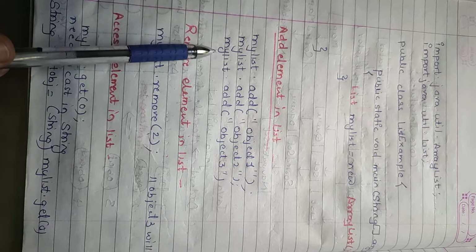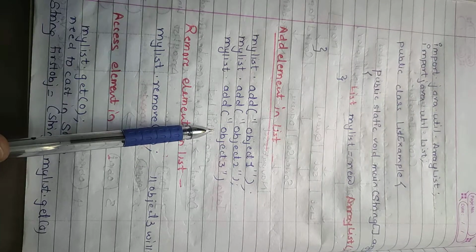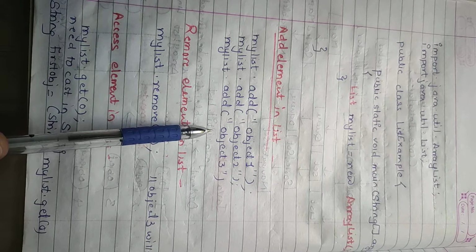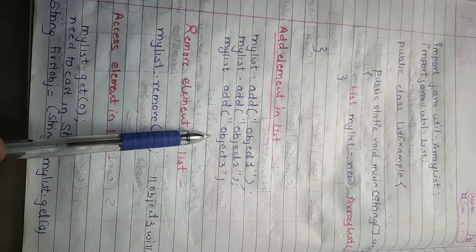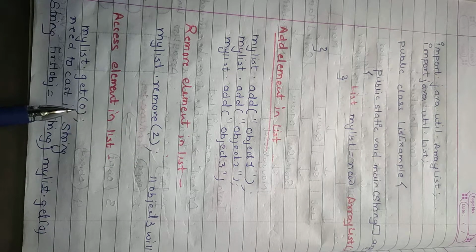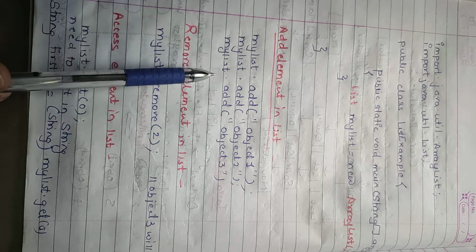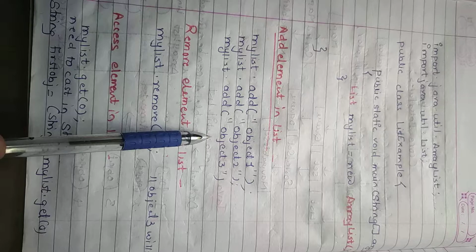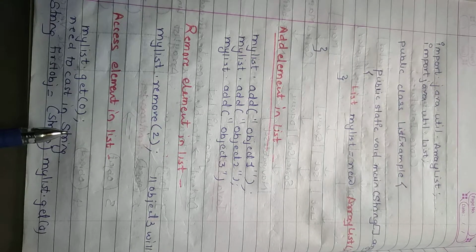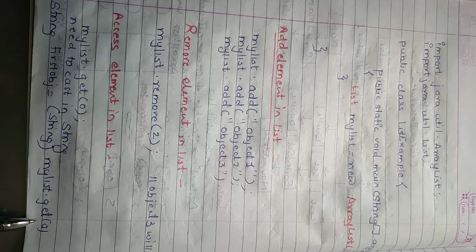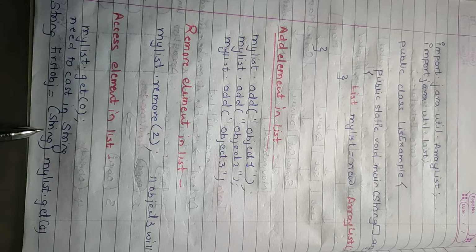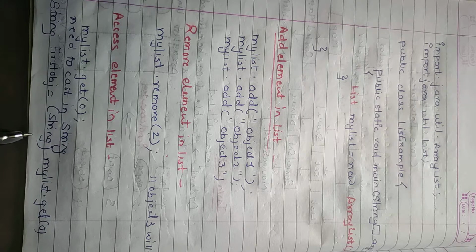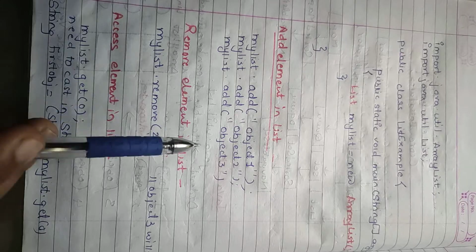Again, the question is whether you can add an element of another type. If here I want to add an element of type integer, it is possible, but you need to take care of this while accessing the element. Suppose mylist.add(20) I have put in my list, right? So 20 is of type integer. Whenever you try to access the element at the third position, the third element will be the 20 of type integer. So you need to cast it, right? Cast at this location. That you need to remember.